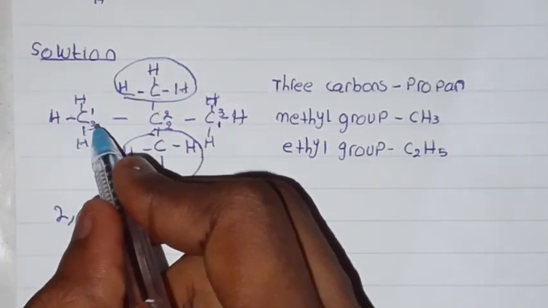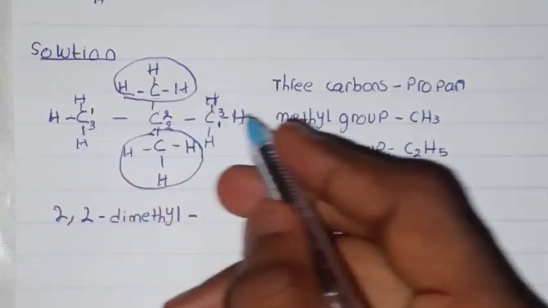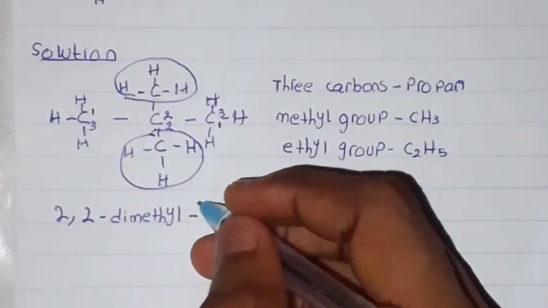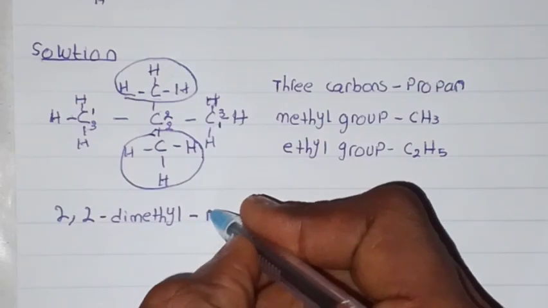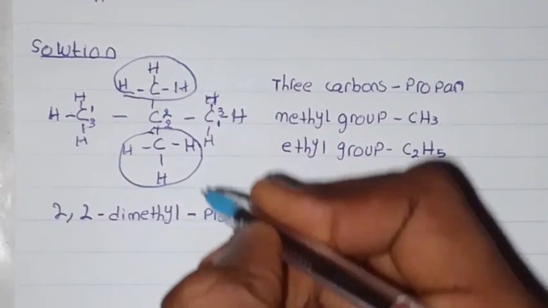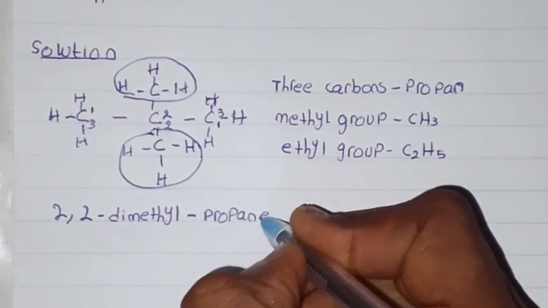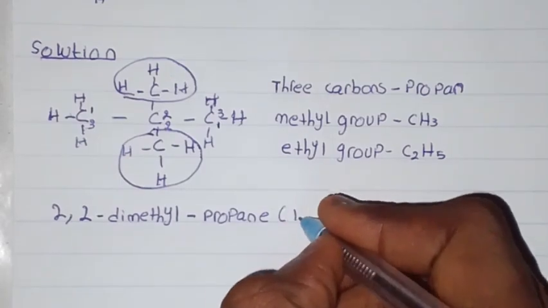Now remember we said that the longest chain is 3 carbons, right? So 2,2-dimethyl, and that becomes propane, right? 2,2-dimethylpropane. So this is the IUPAC nomenclature,